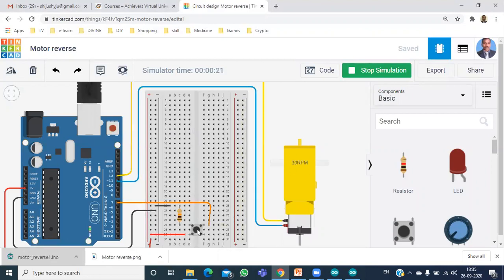I am going to press this button. Once I press the button, it becomes minus 30 RPM. That is, it is rotating in the opposite direction. Okay, I think now you are clear with this code. Here I am pressing this button and the direction of the motor changes. So in the next class, we will be connecting two motors to a driver IC, and we'll be having the demo also in the next class.